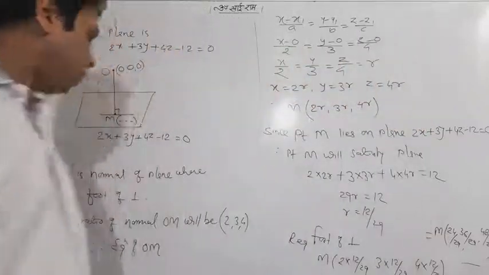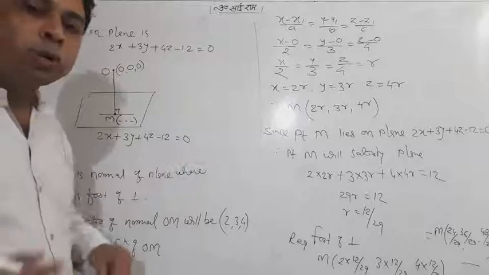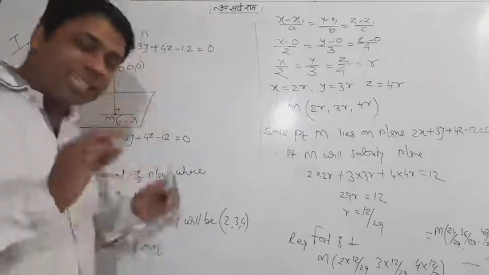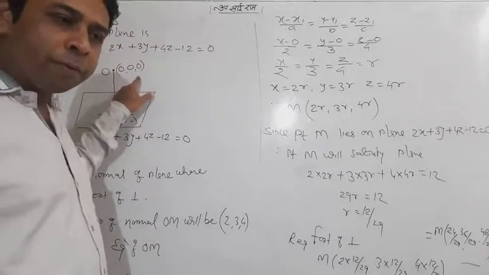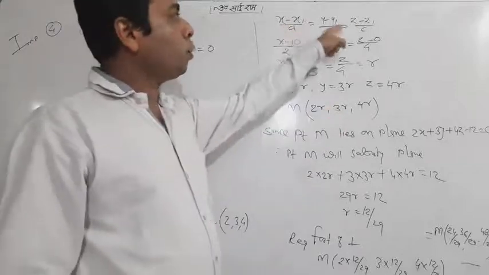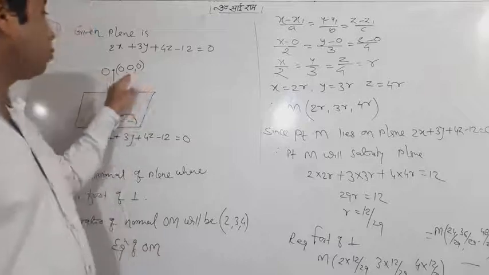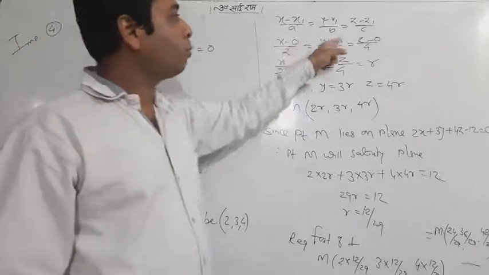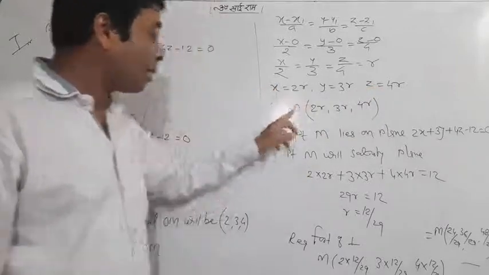I think that you could not understand. Let me explain. This is a particular method, and you students keep remembering the method as it is. Instead of 0, 0, 0, suppose you have 1, 2, 3. What will you do? Nothing. Equations will be the same. Instead of x1, y1, z1, 1, 2, 3 will be there, because the line that time will pass from 1, 2, 3. So this time it is 1, 2, 3, and then again find x, y, z in the form of r. Then again x, y, z will be M.